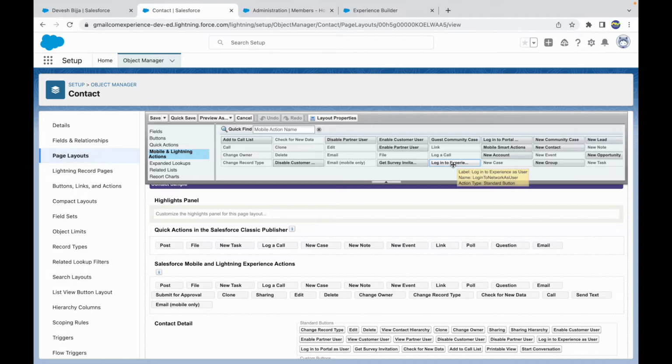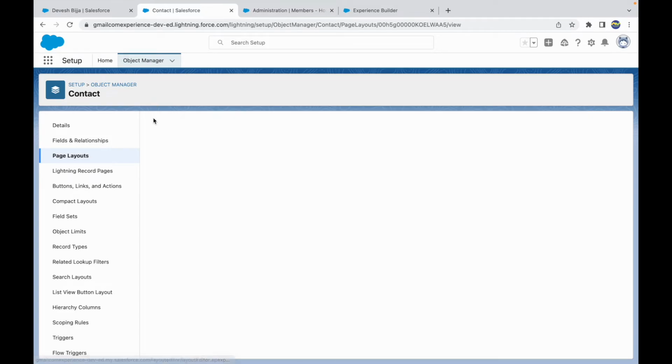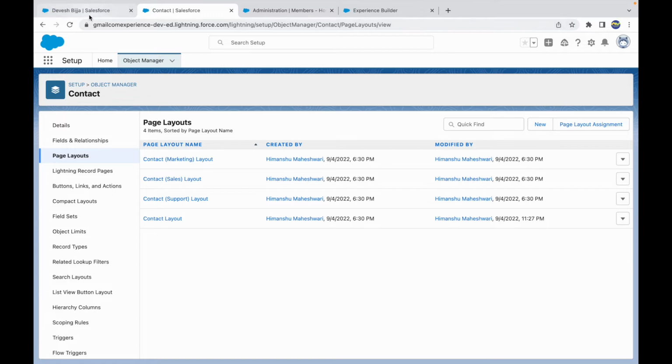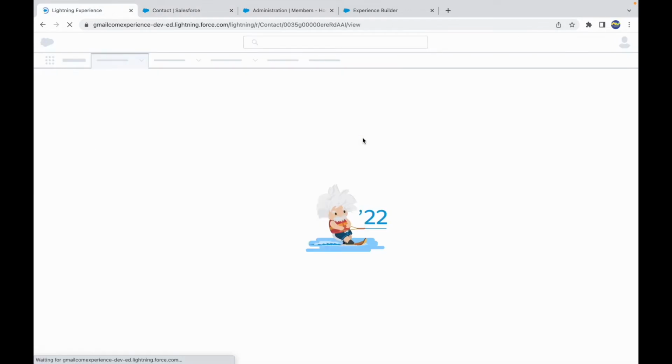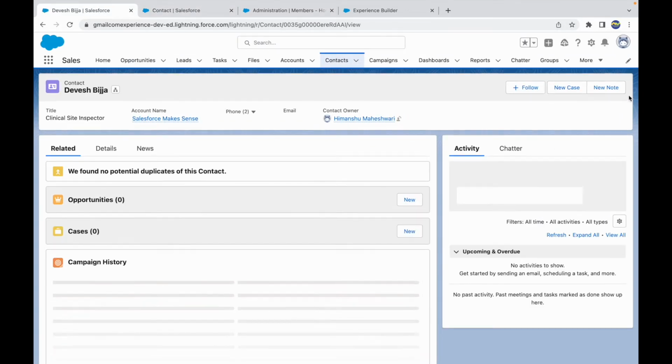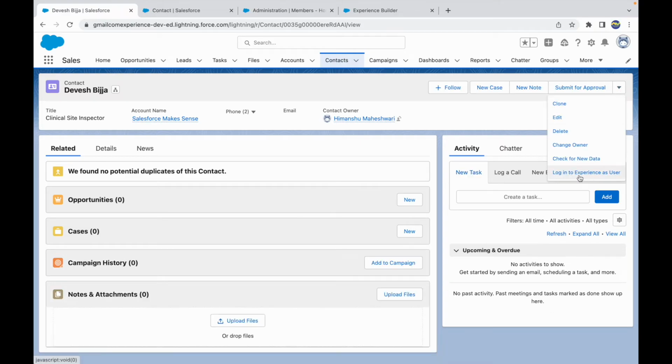Cool. So you can add login to experience as user, you can add it here, right? You can add login to portal, you can add the enable customer and partner users. So once you add them, only then they will come up and be visible there, or else you'll have to go to Classic and modify. Let's refresh now. And now if I take a look at the buttons, I see login to experience. If I click on it,